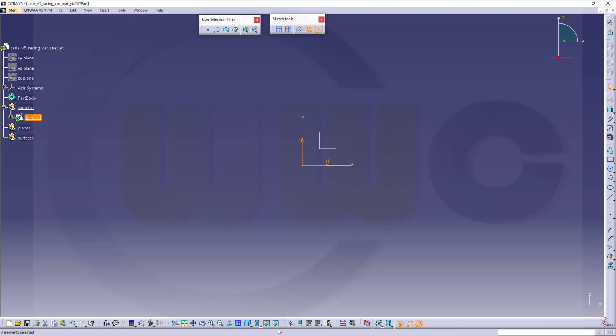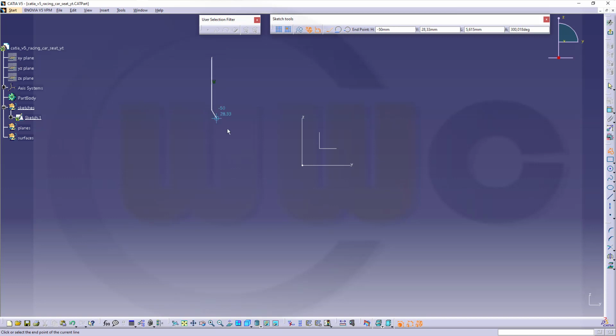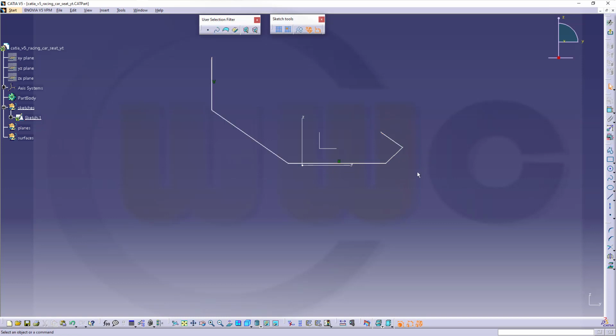I want to hide these as usual, and I need a profile, and this should look something like this. Okay, and I don't want these. Okay, now let's put this point onto that axis and put it also onto this axis. So this should be perpendicular. Okay,